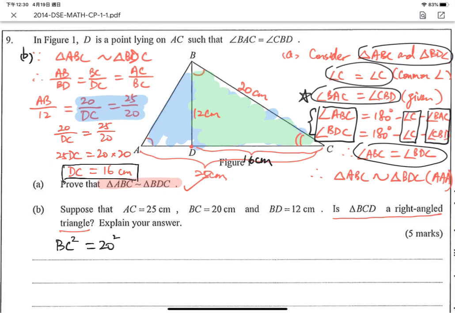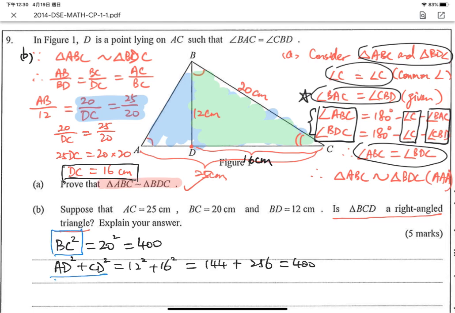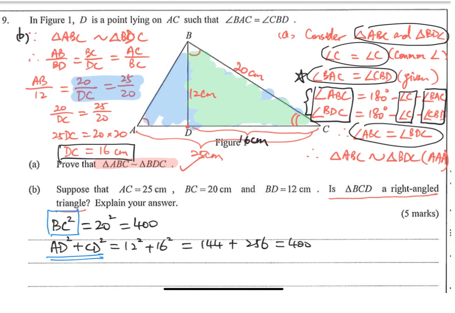So BC square equal to 20 square equal to 400. And the other two sides, AD square plus CD square equal to 12 square plus 16 square. Then we can get 144 plus 256 equal to 400. So as we can see, this part equal to this part. So you can state that, let me move it up. You can state that since BC square equal to AD square plus CD square, therefore